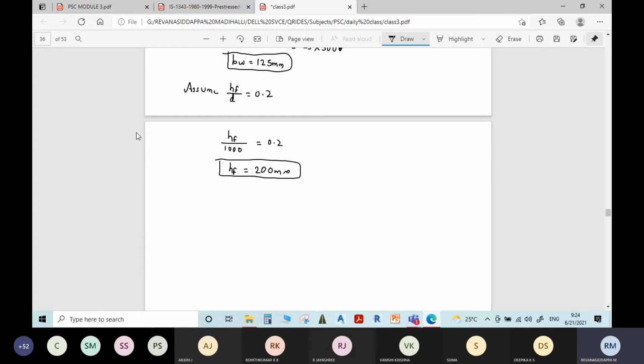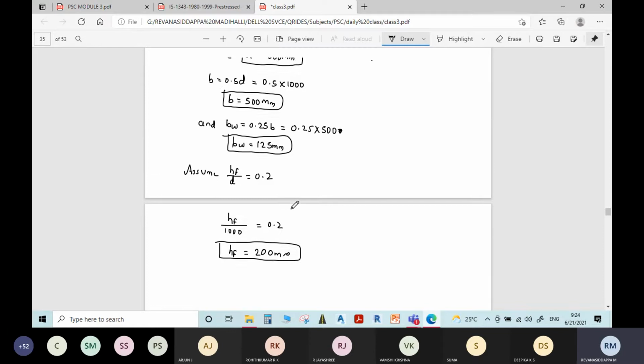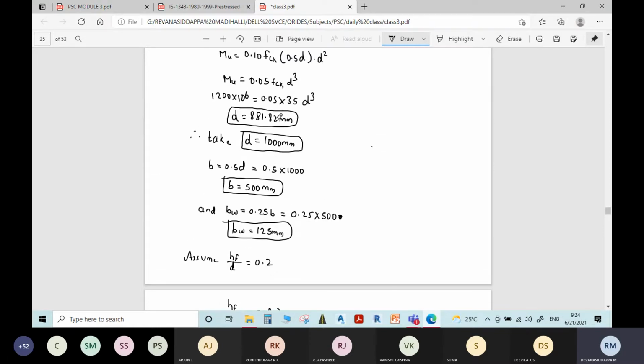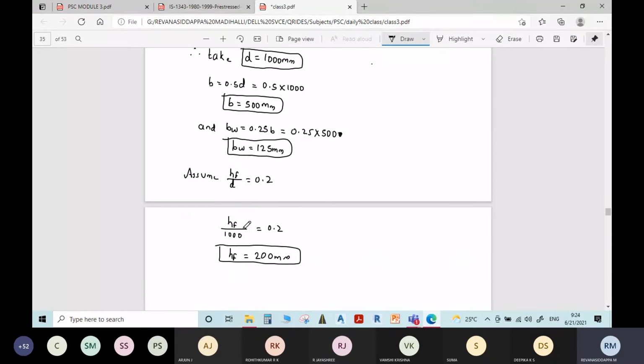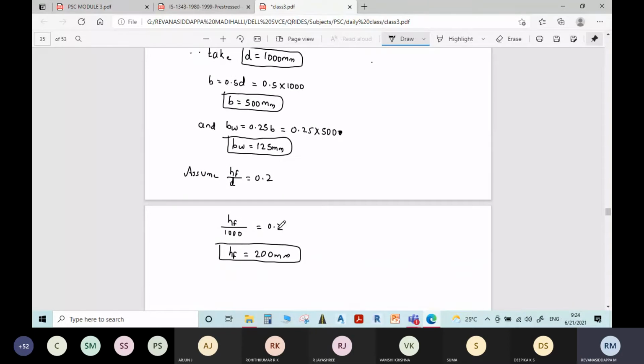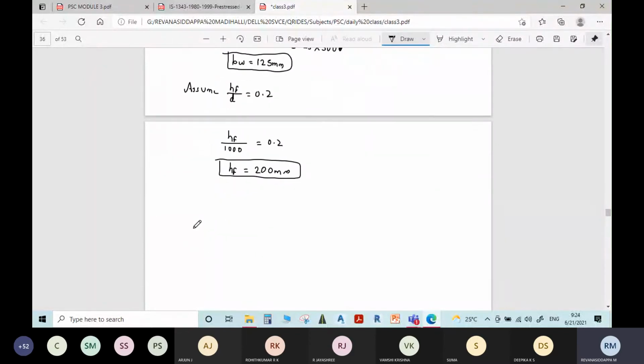Now you can draw a diagram, or else what we'll do is we'll find area of pre-stressing steel required. After that, final diagram we'll draw, no problem. Now every dimension is fixed. Depth of the beam, then width of the flange, thickness of the flange is fixed. Thickness of the web is fixed. I think the fixing of geometric properties of the I section is over. The next step is to find area of pre-stressing steel required. Right? For that, I'll copy the formula, which is given in page number 59.